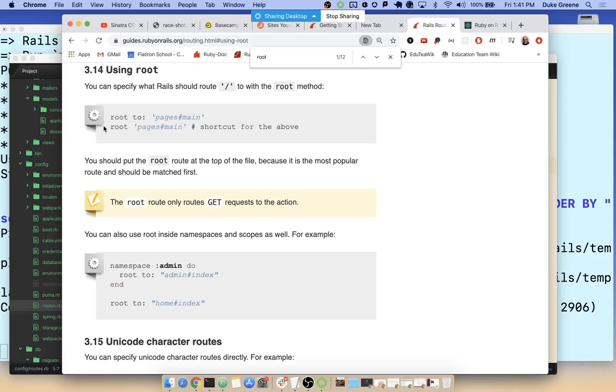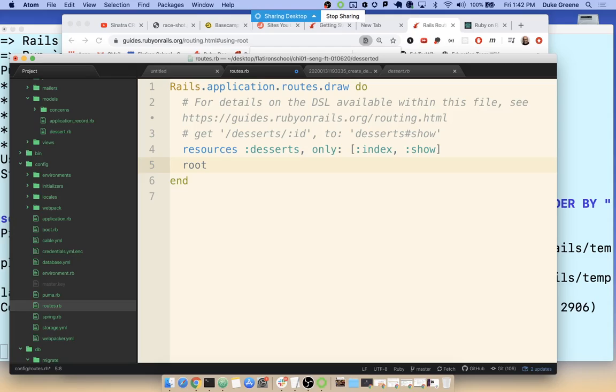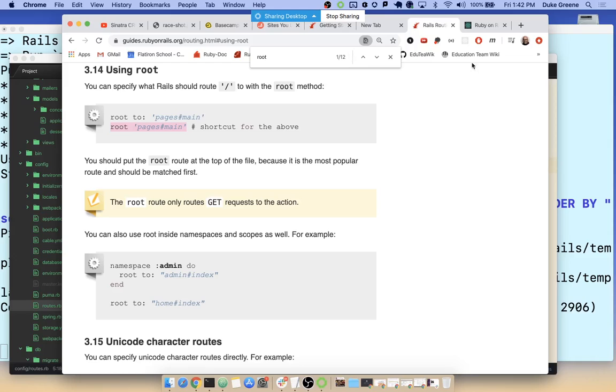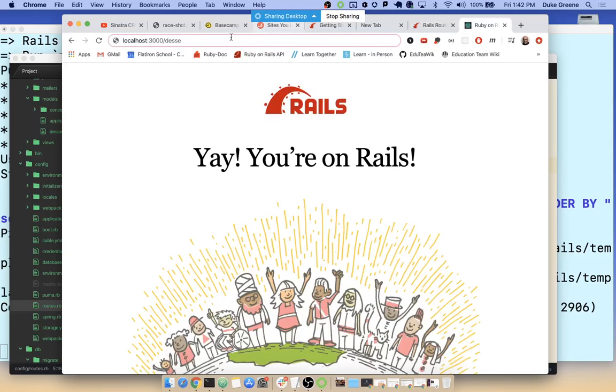So yeah, you can say root, and then you can just pass in a controller and an action. So I might want to say root goes to desserts index, for example. So I could say root desserts index. So then the next time I go to /, it should be executing work at desserts index to serve me something at the index. So if I go here and refresh,